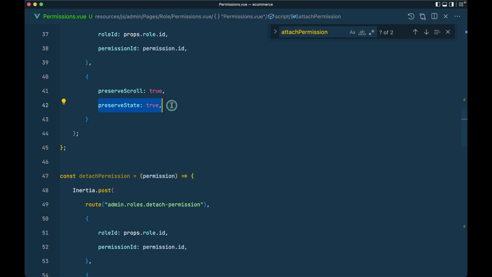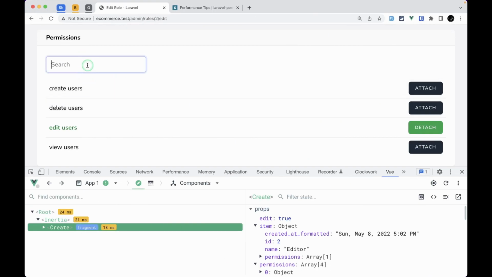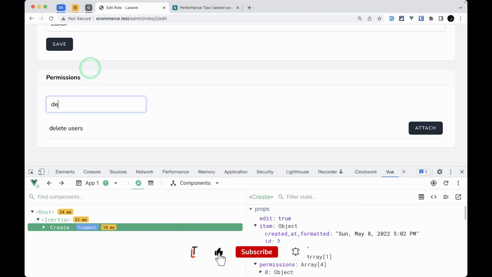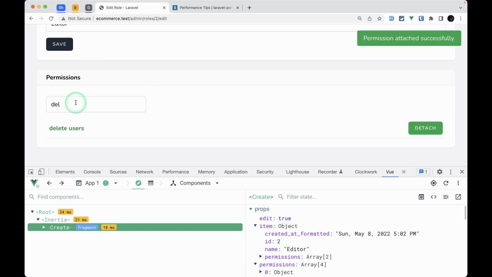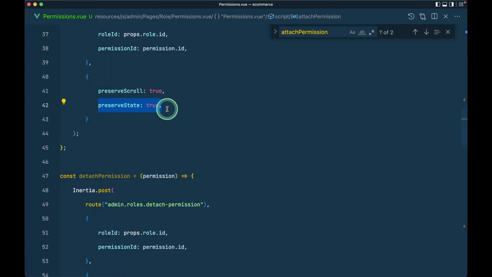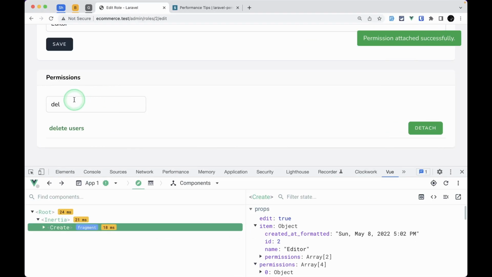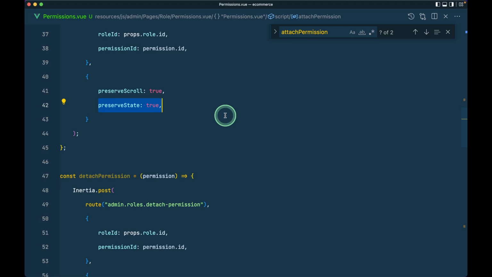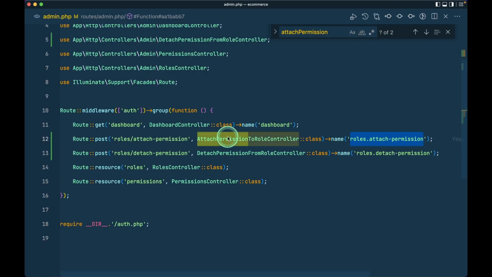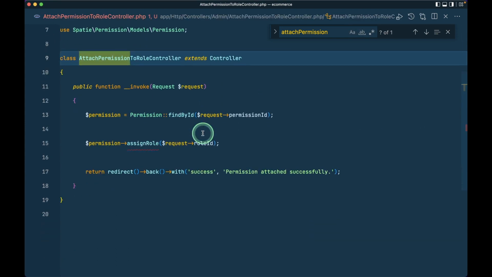And also preserveState, I am doing this so that whatever value we have entered over here will remain the same. Suppose let's say I have written here delete like this and I clicked on attach, then this delete value is also remaining. If we don't pass here preserveState equals true, then this thing will reset and again everything will be shown. After this, let me go to the controller now, attach permission to role controller,